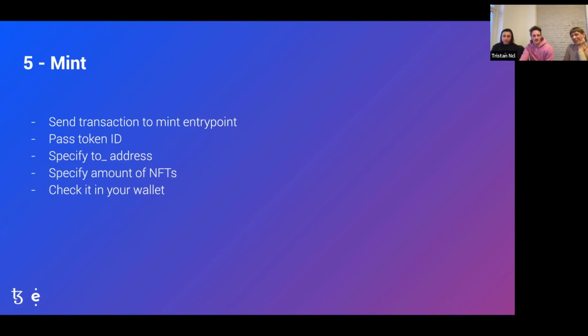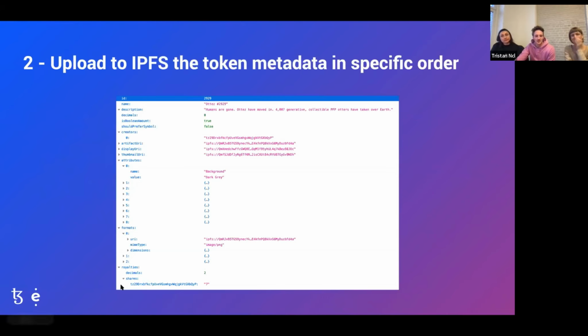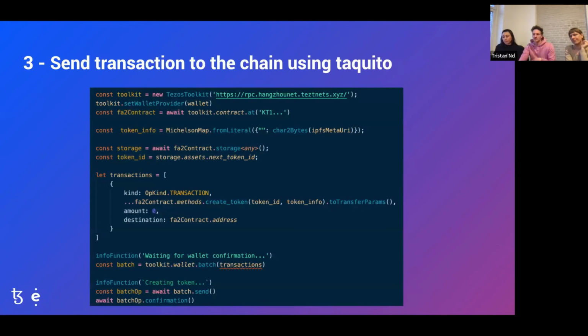collectible. And just going back on this quickly, just to show you guys, there is an isBooleanAmount field here in the IPFS metadata that you can specify for that. If it's true, it means that there is only one. If it's false, then it means that there are multiples. So in this case, for example, this is literally an NFT. There's only one of it. And if it's false, then you just have an amount,